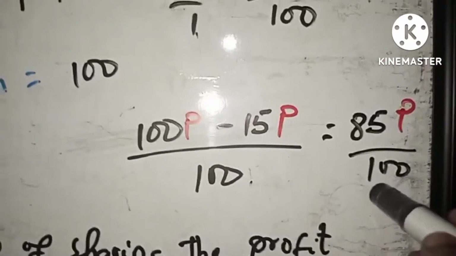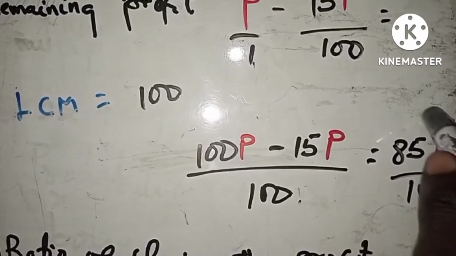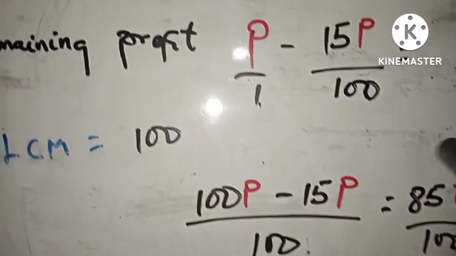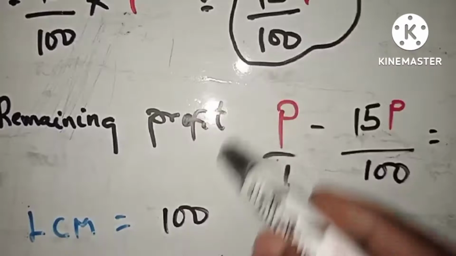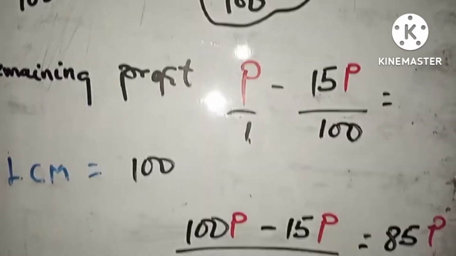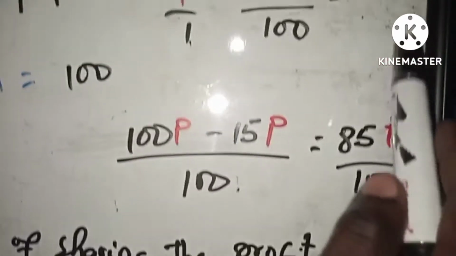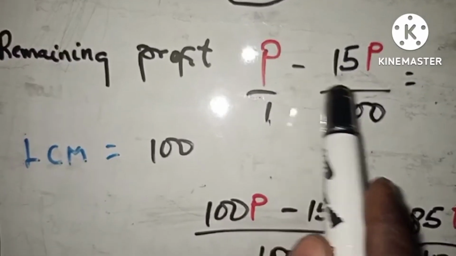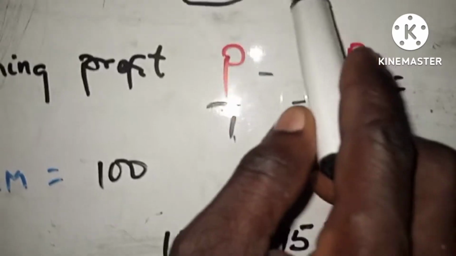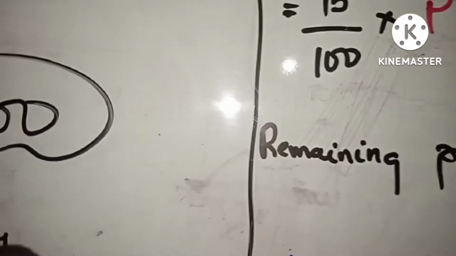Is that okay? So these two people here, 85p, and then this is the remaining profit that we are sharing, right? If you are sharing this remaining profit, and this is what you also receive as a managing director, so your profit as well as a managing director, we need to calculate your profit that you are taking here plus this one, right? So you need to take the profit that you are taking out of this, plus your salary as a managing director. That gives us the total of